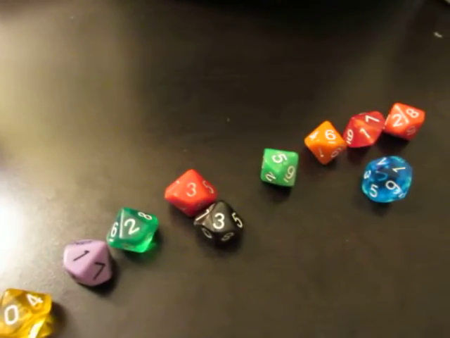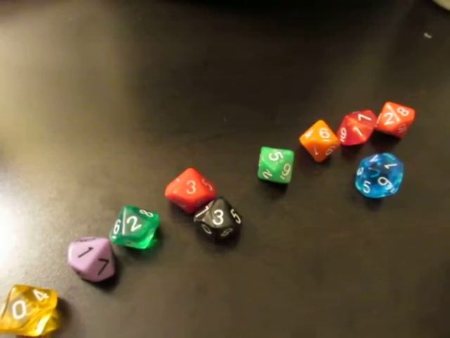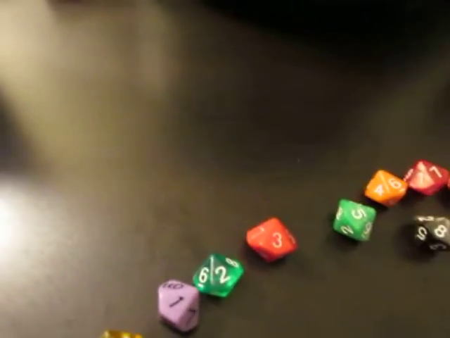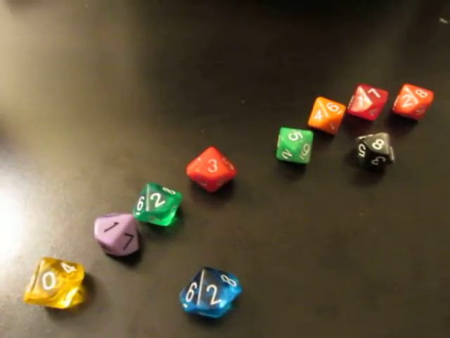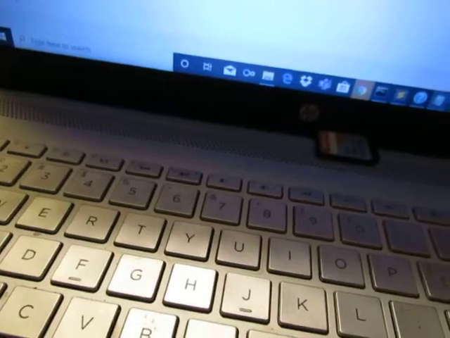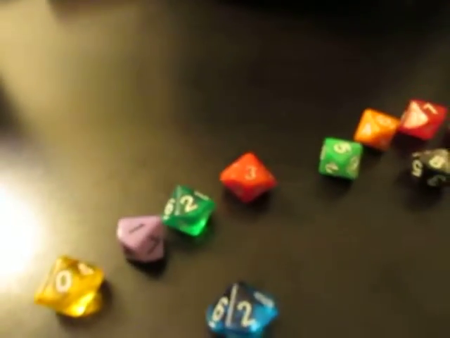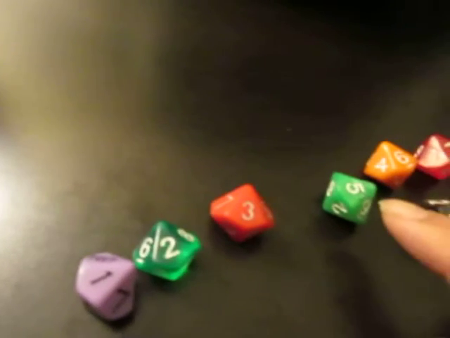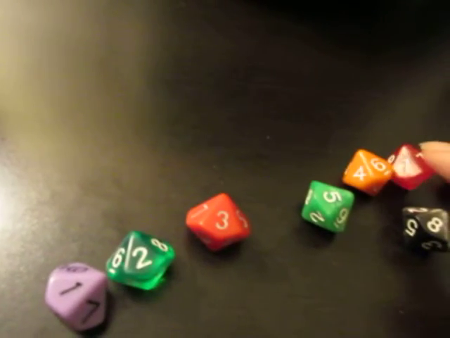Let's see. We got a 1 and a 3. Might as well give it another try. And, okay, so we can put that in our chance category. Did I put that down? No. And the total of those dice is, let's see, well, this is actually a 10. So, let's see, 6, 8, 13, 19,